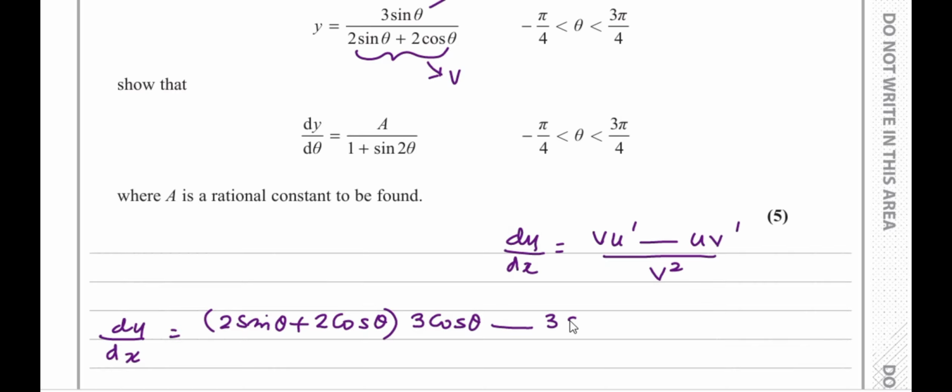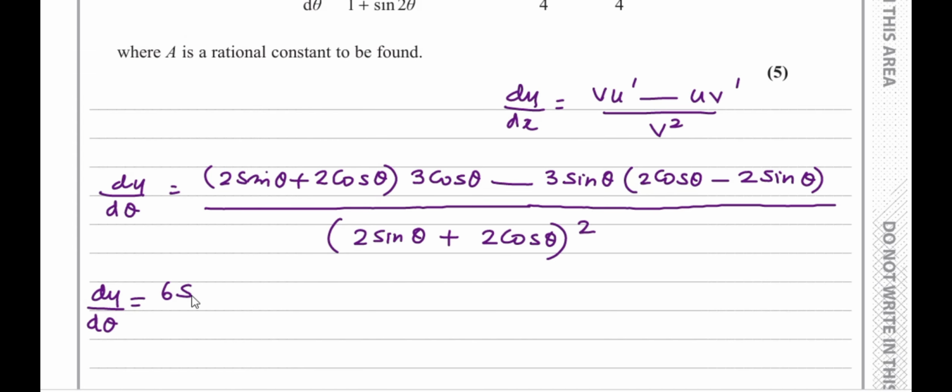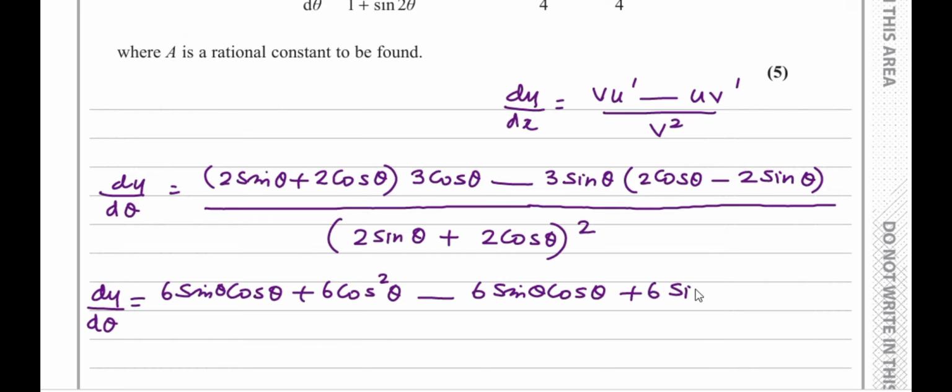So dy by d theta is equal to 3 cos theta times 2 sine theta is 6 sine theta cos theta, okay, plus 3 times 2, 6 cos square theta, minus 3 sine theta times 2 cos theta is 6 sine theta cos theta, minus times minus plus 6 sine square theta,